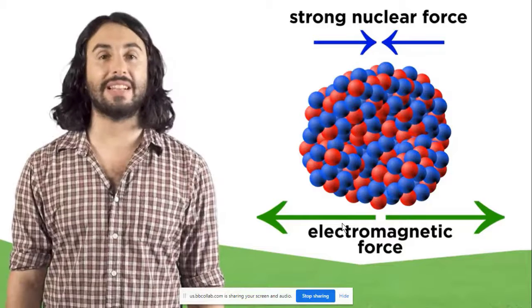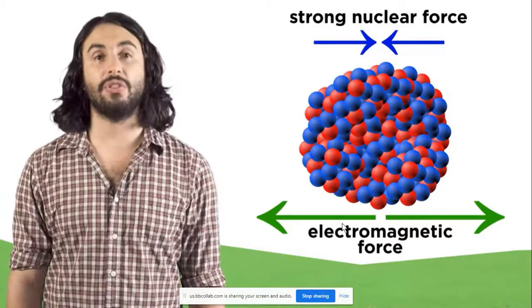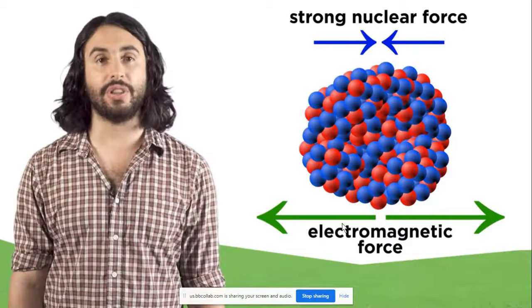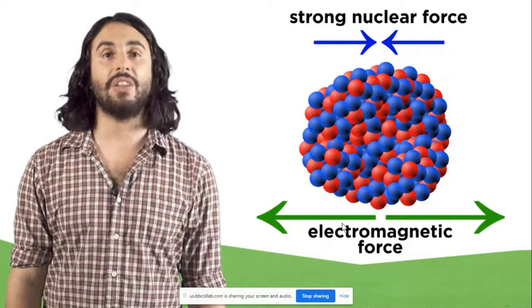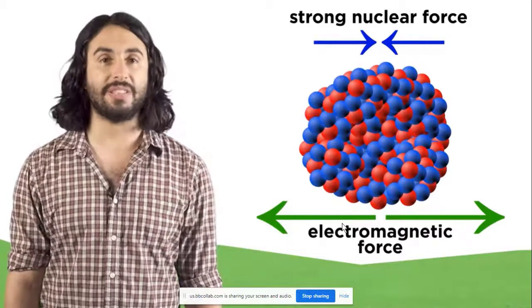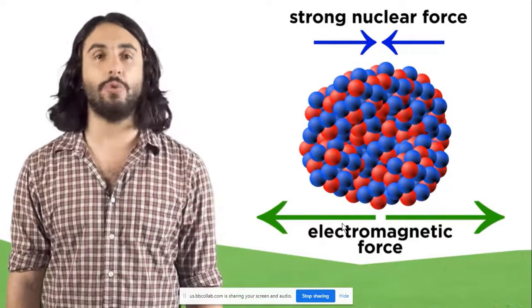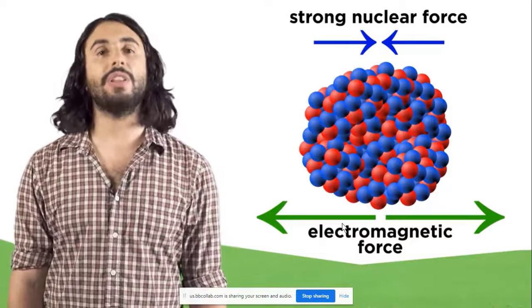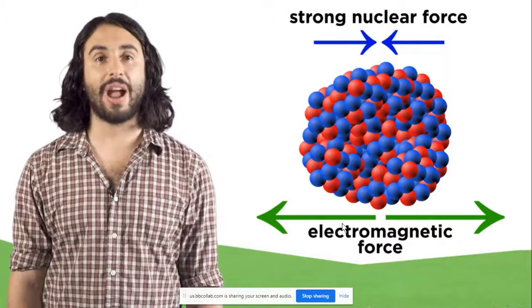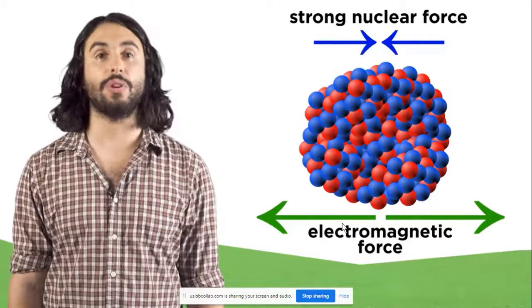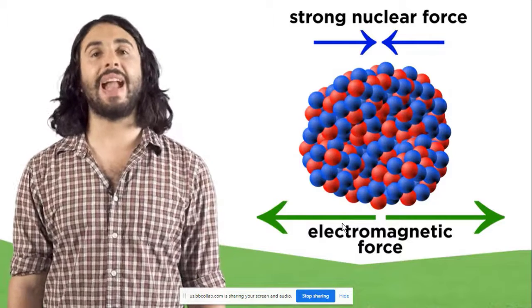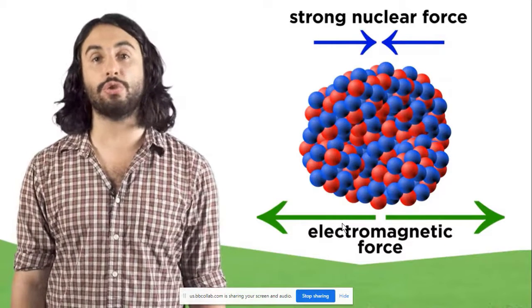So if the nucleus gets too big, all of a sudden the strong nuclear force is too weak over the diameter of the nucleus to keep it all together, and the protons will push apart. So for atoms larger than bismuth, the nucleus is just too big to be stable. Nuclei like these will often rapidly emit an alpha particle to try to get a little smaller and a little more stable. But even if the nucleus isn't too large, it may have a number of protons or neutrons that